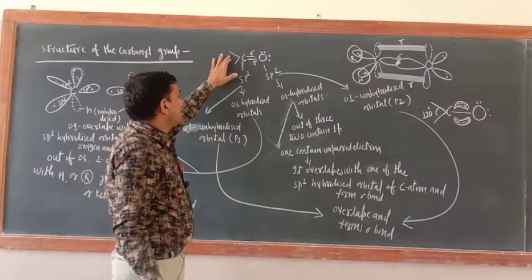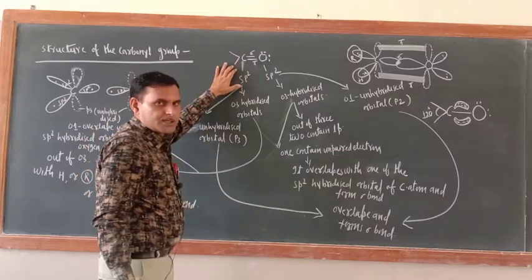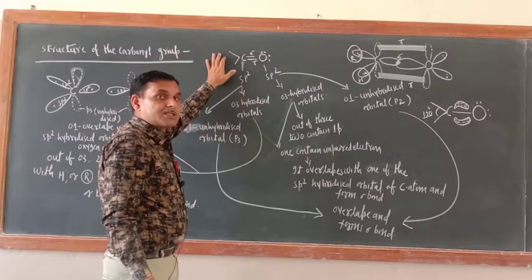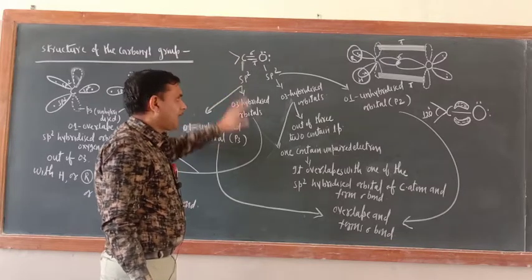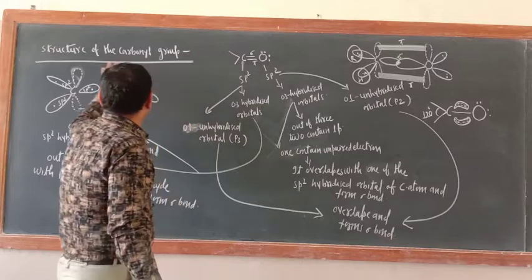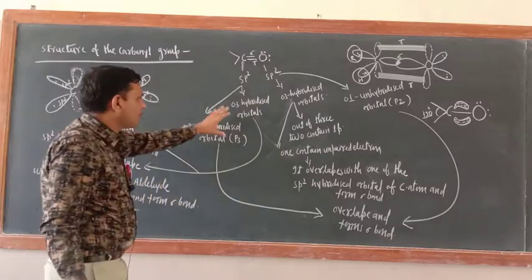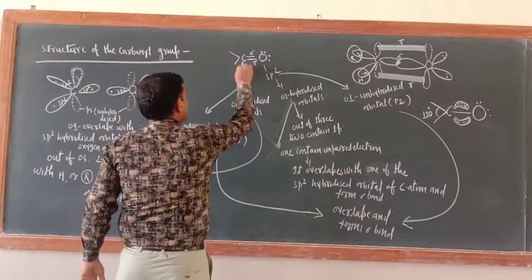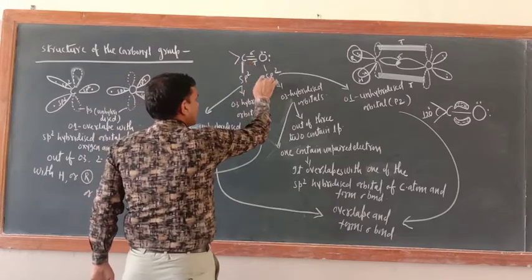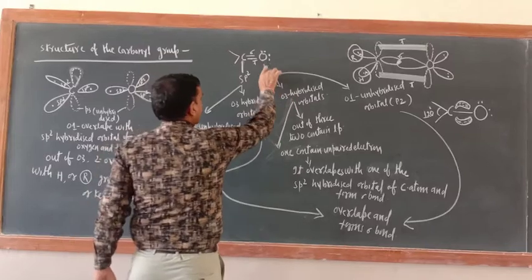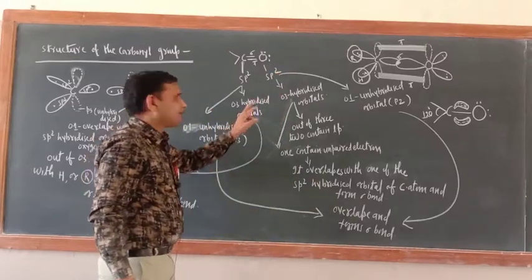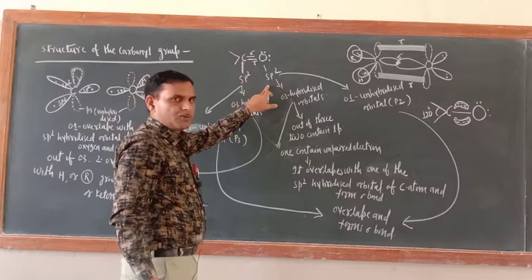And these are the two other bonds here. In case of aldehyde, one R, one H. In case of ketone, both will be R. Now just see the description of the structure of the carbonyl group. This carbon atom is sp2 hybridized. In the NCERT book they have not written that oxygen is also sp2 hybridized, but I am writing that oxygen is also sp2 hybridized.